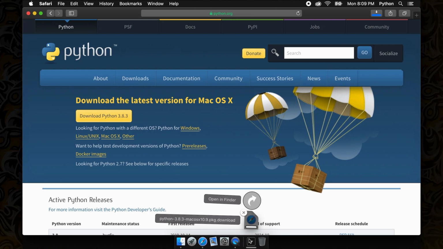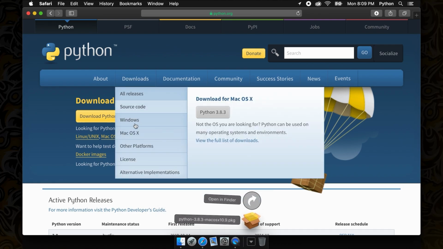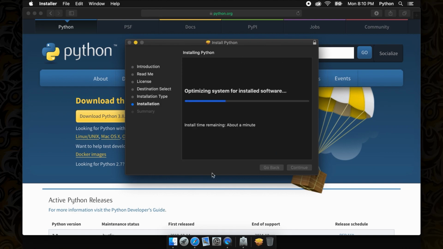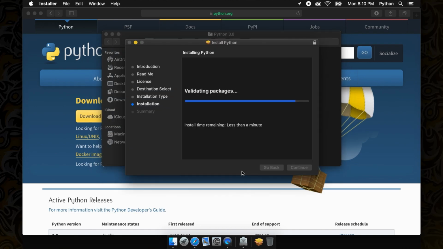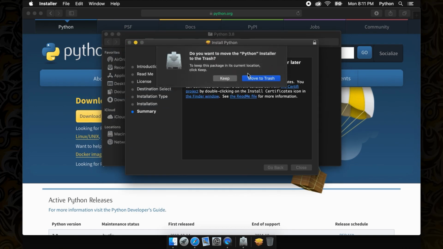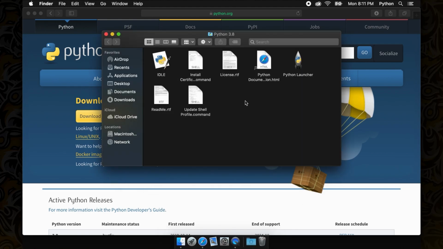Now that our file is done downloading, we can go to our download files and run the file. There are a couple of confirmation screens that we can just click through. So, once the installer has completed installing Python on your Mac, we can move on to the next step, which is selecting a text editor to use, so that you can actually enter and run your Python codes.